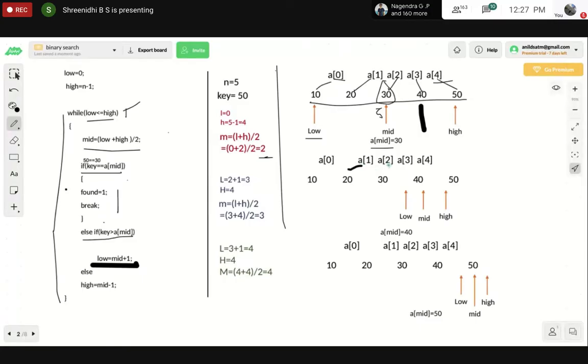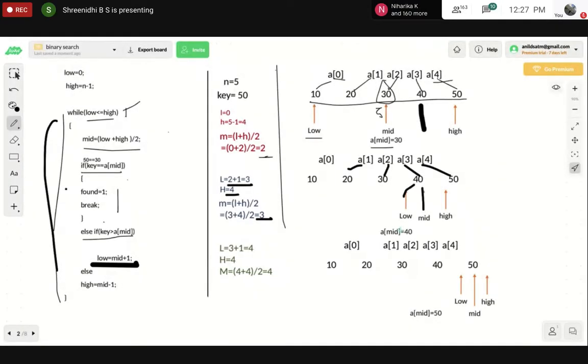This one, this one, this one, and this one. So it will be pointing to 3. Your low will be pointing to this 40. Again, after this, go back and repeat the same step. Now your low will be 3 and your high is 4. Calculate the mid: 3 plus 4 divided by 2 is 3 only. So my mid will be the same.